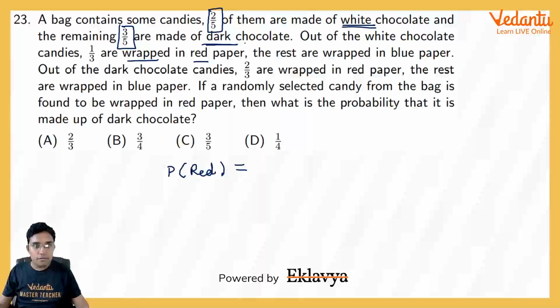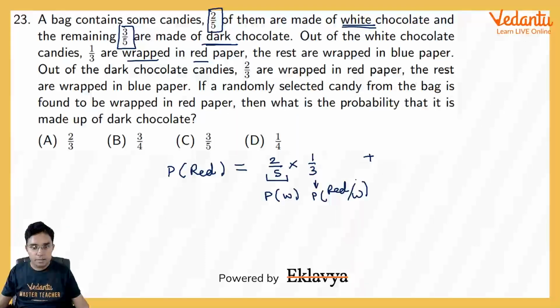So for that, first of all, it can be white chocolate also, whose probability is 2/5. And after it is white chocolate, 1/3 of them are red. So into 1/3. This is the probability of the chocolate to be white, and this is the probability of being red given that it is white. Okay, plus similar to this, I can write 3/5 is the probability of this chocolate to be dark,